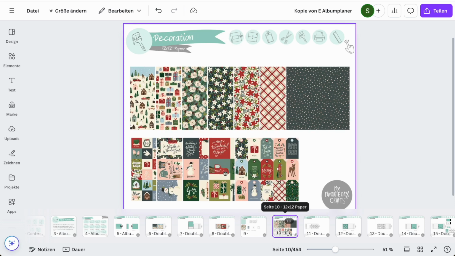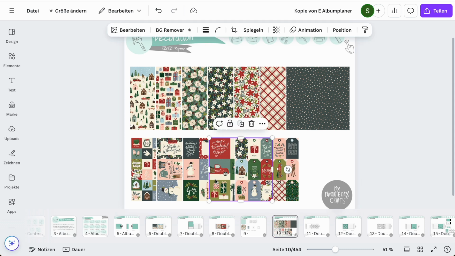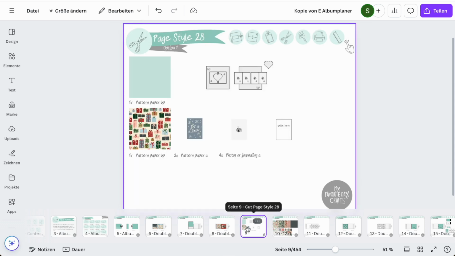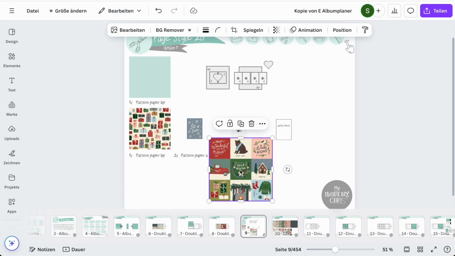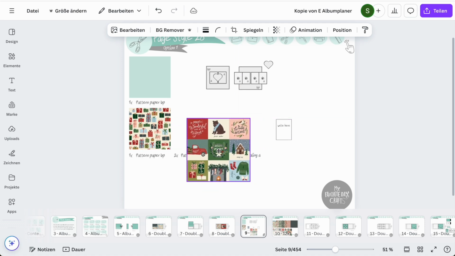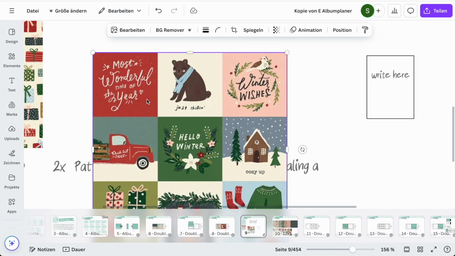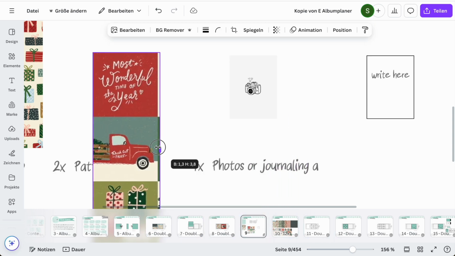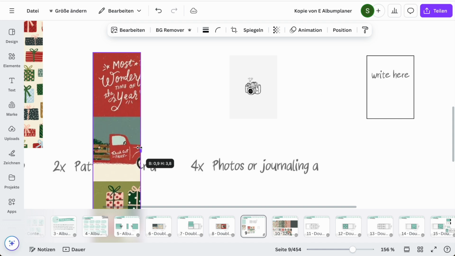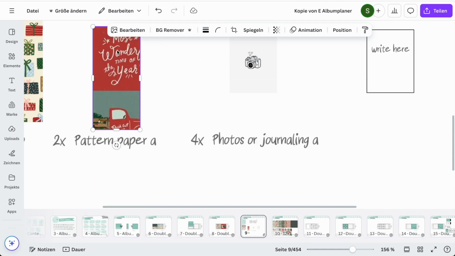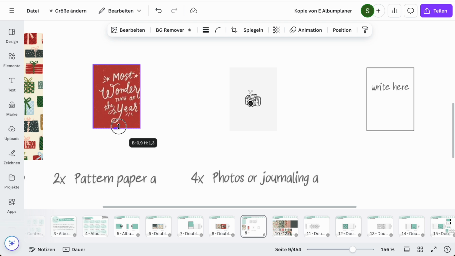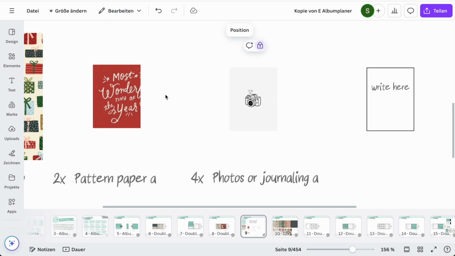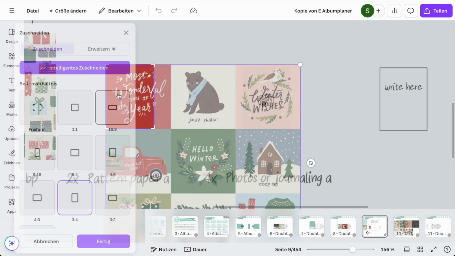But then sometimes I don't really have a journaling card in the correct size for the interactive page style I want to use, or I do have journaling cards in the size, but I don't really find the perfect one. And then what I always did is I was looking for journaling cards which are larger, but I could still find a crop or a cutout on these larger journaling cards to use on the smaller size journaling card I would need. And that's nothing you can do as easily when just having the physical collection and doing physical crafting,